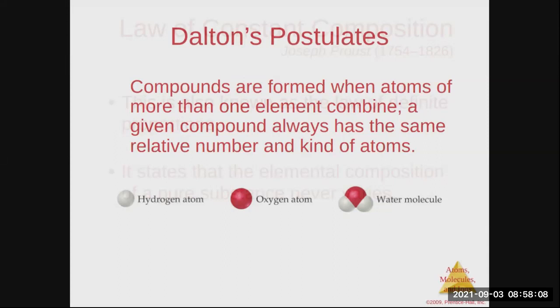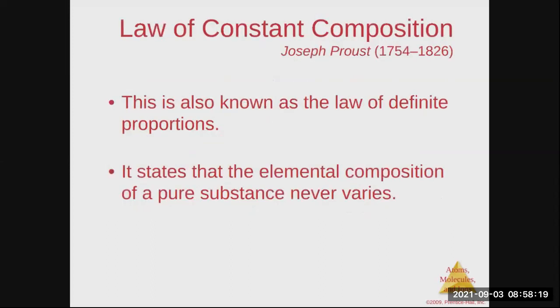So if we take the example of water as a pure substance, H2O, and the example of sodium chloride as a pure substance, NaCl, it doesn't matter where in the world you got these substances from, those particular compounds will have the same proportion of element 1 to element 2. And that is the law of constant